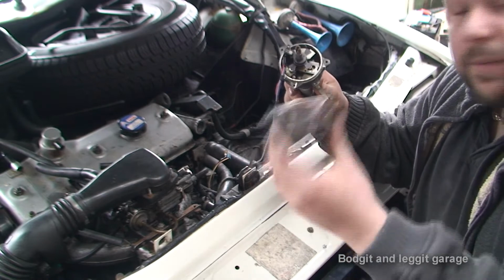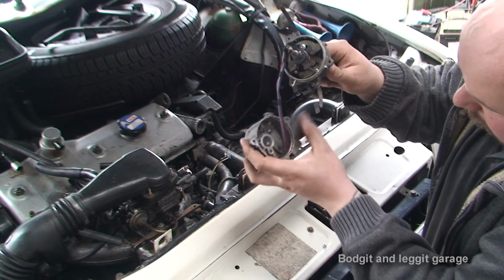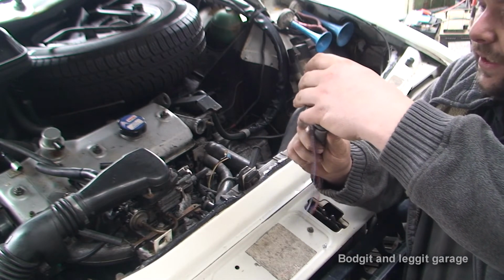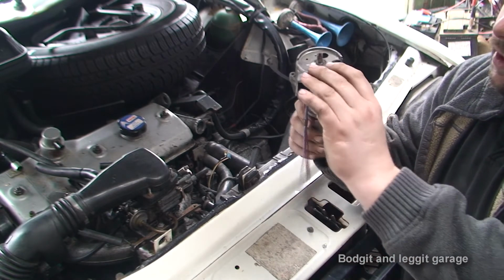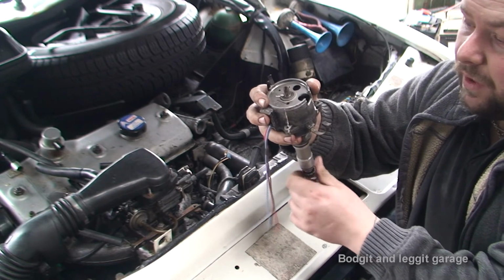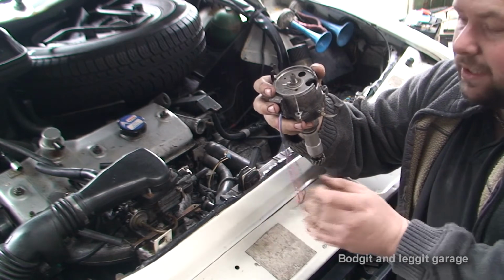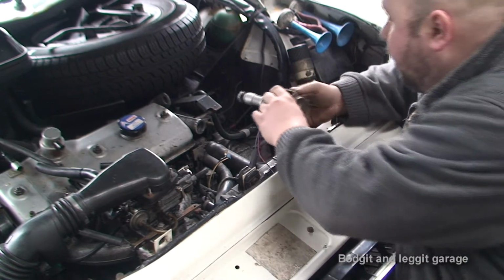Now what we need to do is put this plate on top. So what I'm going to do is, lucky enough, we've got a big hole where the vacuum used to be, so we can feed the wires through there. And as we can see, once I've got that on, we need to connect these wires to a box, but that doesn't matter for the minute. So once I've got that on, as you can see, we can still turn it. Everything is fine, so we know we've cleared everything. The rotary arm goes on top here, these wires go into the box, and that is really as simple as that. So this will then go back on